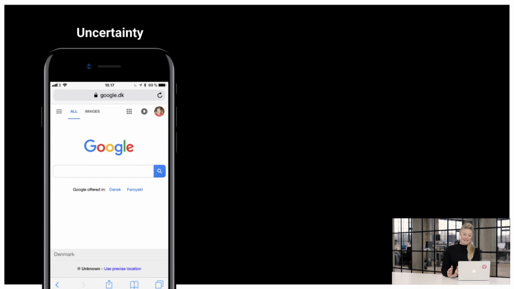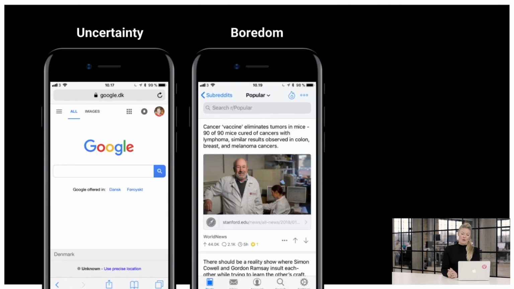But as examples, we have uncertainty when people are not sure about anything. We don't sit down and speculate about what is the answer. We just instantly Google it to find the answer. Also boredom, as my example in the metro. If we're standing there and we start feeling bored, we just take our phone up and we start looking at Reddit or other news apps.